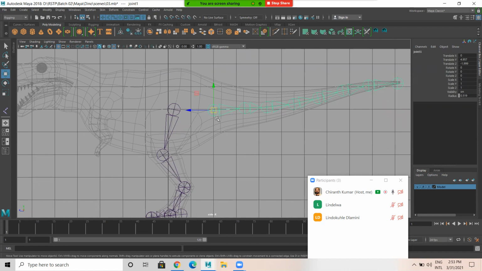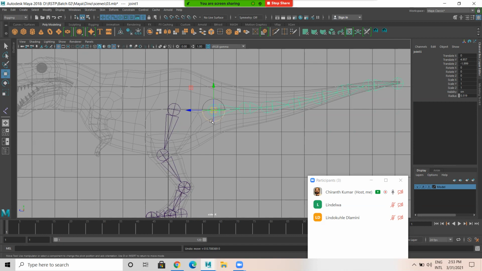And another thing: say I want to change the position of this tail joint. Don't change it like this, you cannot. I want to change the position of only this one. In this case, you have to press the Insert key. Your keyboard has an Insert key.